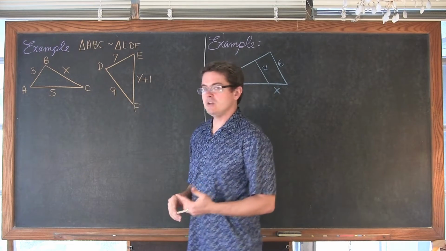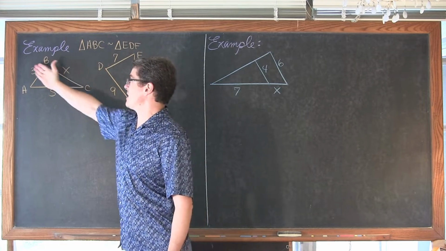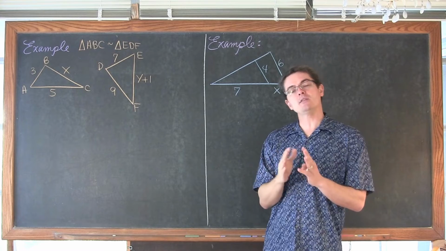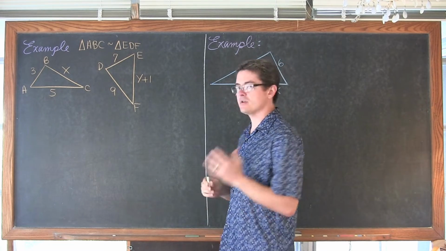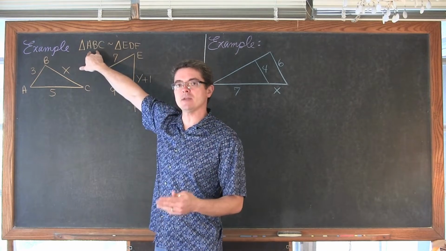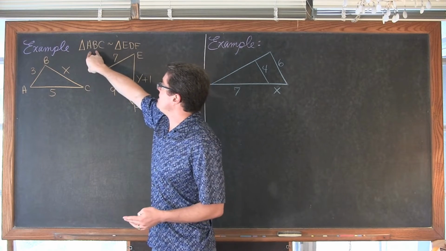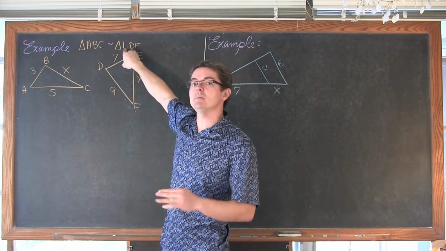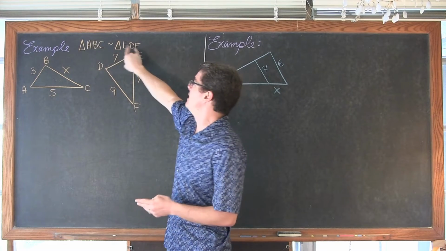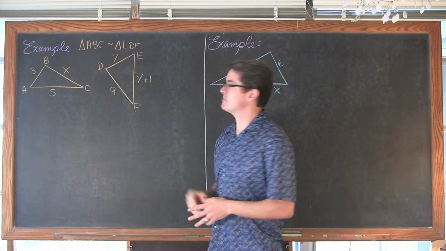Well, they're not in the same orientation. I've drawn it so that specifically, we have a side that looks the longest and a side that looks the shortest, and the same over here. So that might help us know what the corresponding sides are. Also, you can get that from the name. Over here my first triangle is labeled ABC, and over here my second similar triangle is EDF. Well, side AB and side ED must be corresponding sides. BC must correspond to side DF. Side AC must correspond to side EF, and I have my drawings to back that up.